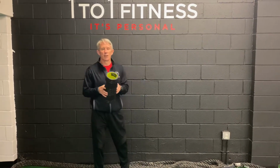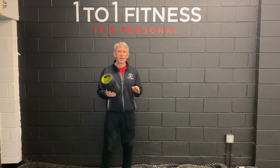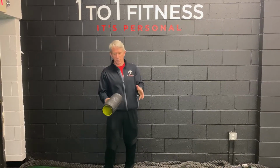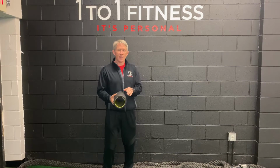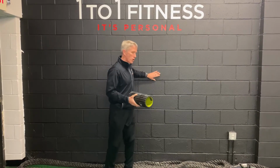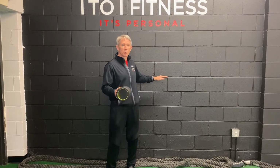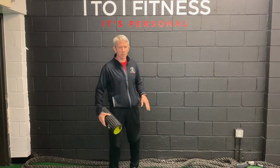Hi guys, so we're going to do a foam rolling session, and I'm going to progress from some easy versions to some more demanding versions physically and pressure wise. And we're going to start upright. If when we get to the floor, those positions or loads are too much on your tissue, come back up